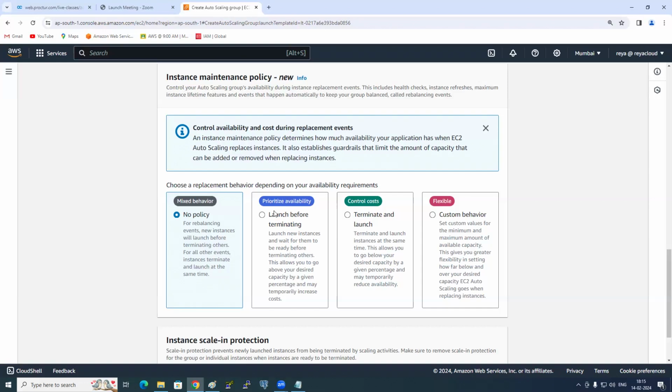So each template depends on, let's say, do you terminate and launch? Will this save the cost or not? So let's say you have 4 machines, Nana. You want to update. If it launches another 4 machines, how many machines will there be now? 8 machines, no? That means for 8 machines, you need to pay or not? Or else first terminate 4 and then launch the next 4. How many machines will be running? 4. That means the cost will be only for 4, no? So if you want to go with the cost-based approach, go for terminate and launch. And if you want to prioritize availability, then go for launch before terminate. Okay.